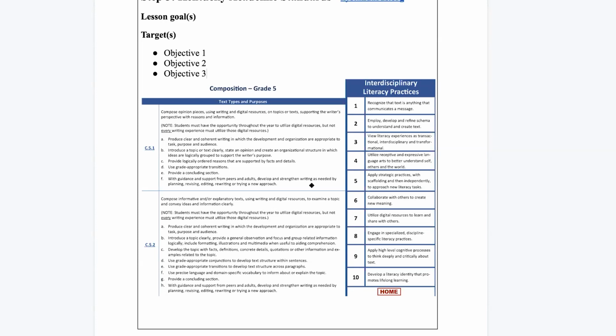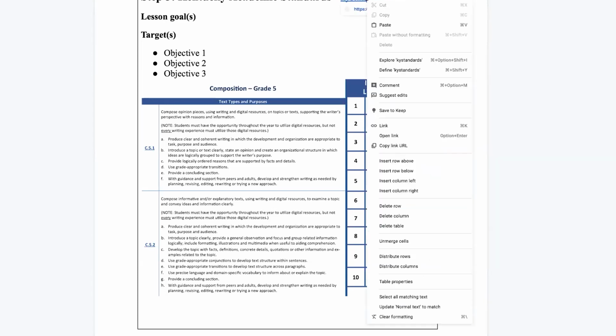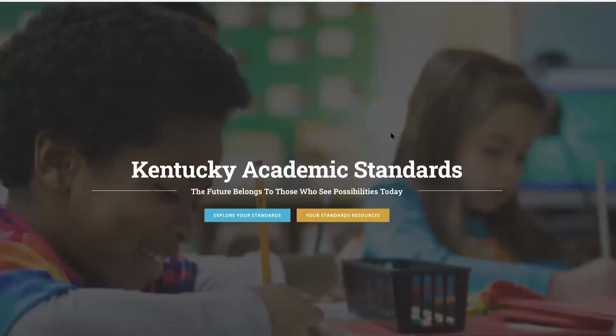But it's so important that we keep that in mind and that we always go back and visit those standards. So you'll see this link here. I'm just going to click on that link. That takes us to the Kentucky Academic Standards. And so it is here at your fingertips when you want to plan your lesson. That's why we wanted this tool to be user-friendly, that you use this tool as you do that